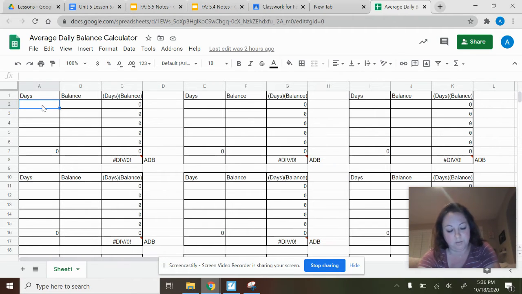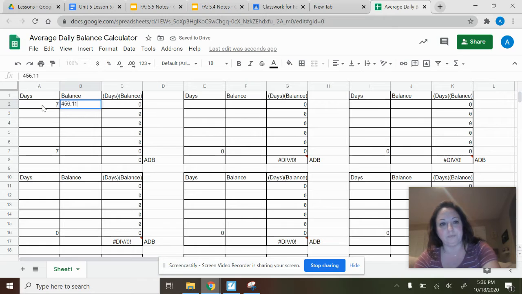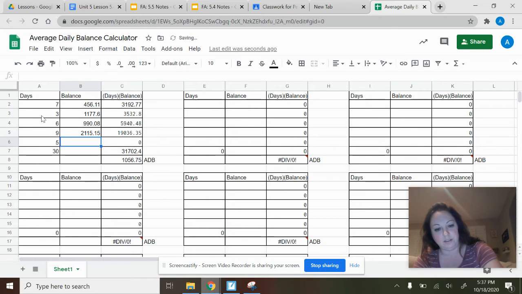and then after you finish, you can just delete out the numbers you inserted. So for example, on number 1, it says for 7 days the balance was 456.11. I already have this set up to multiply days and balance so that you don't have to do that. You're welcome. The next one, 3 days, she owed 1177.60. Boom, the math is done for us. For 6 days, she owed 990.08. For 9 days, she owed 2115.15. And for 5 days, she owed a balance of